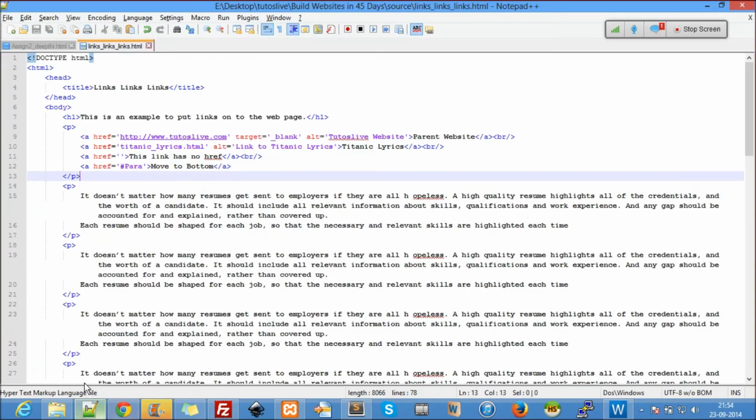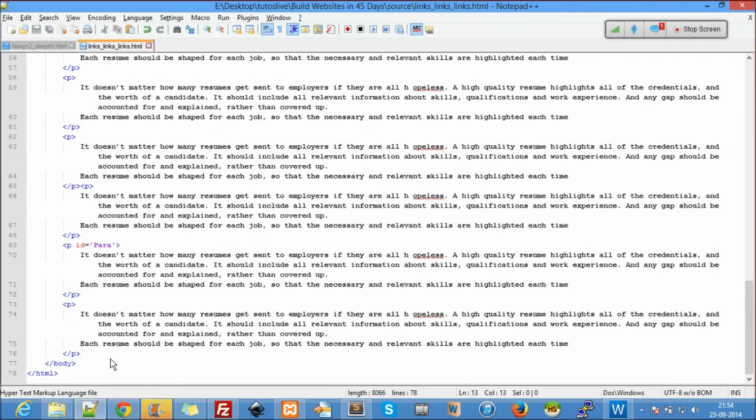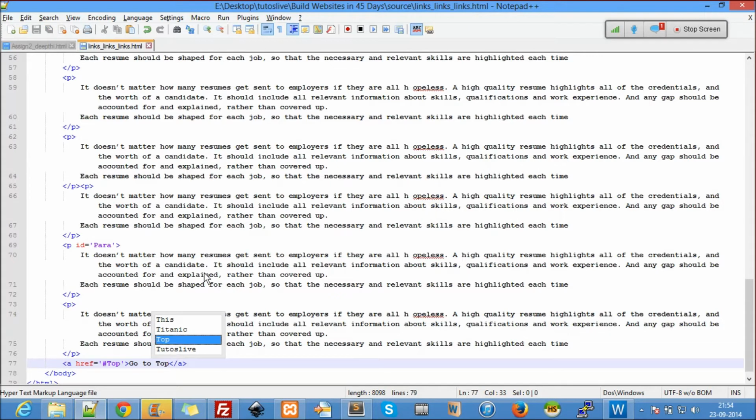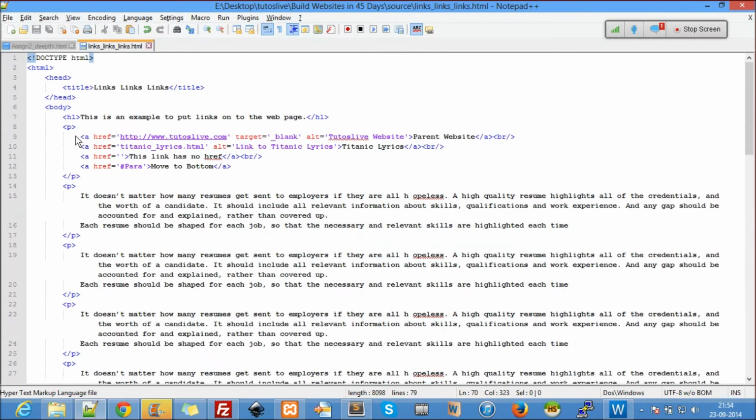Now let me put another link at the bottom saying go to top. So here a href equal to hash top, and I'll say go to top, and somewhere here for this p I'll say id equal to top.